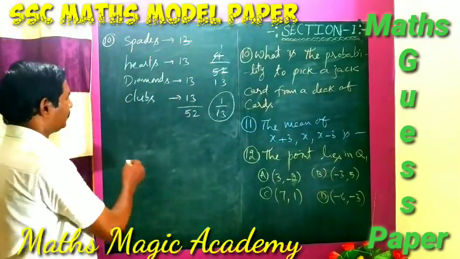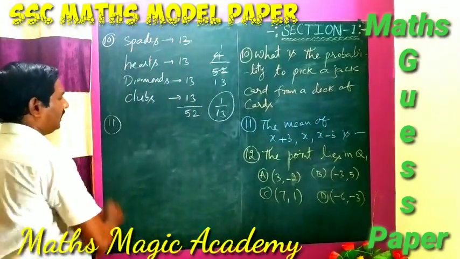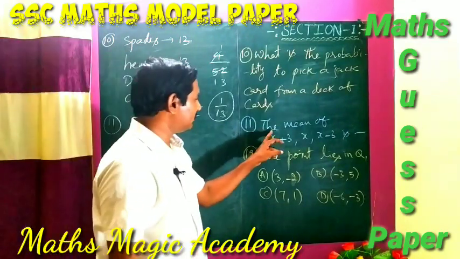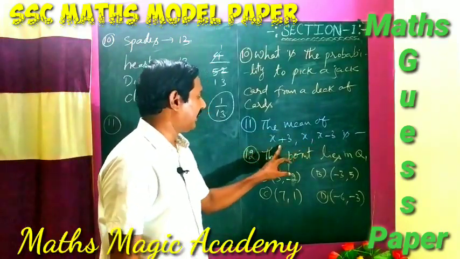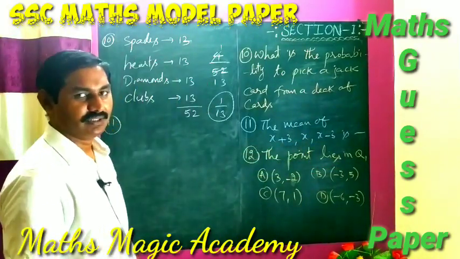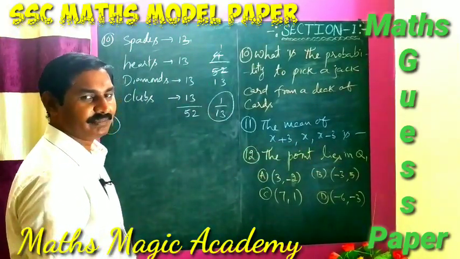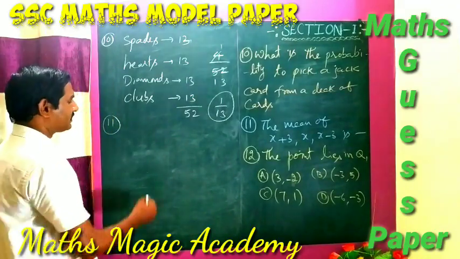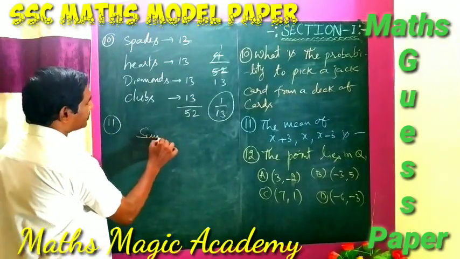Okay, that is one of the simple questions. And go to the 11th question. What is the mean of x plus 3, x, x minus 3? Do you know what the mean is? Mean is nothing but average. What is the average? Sum of observations